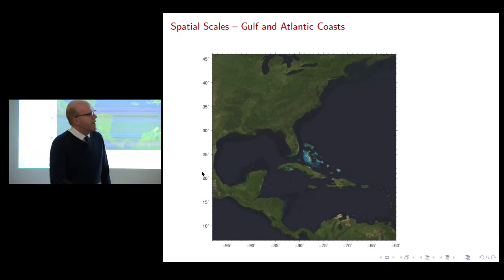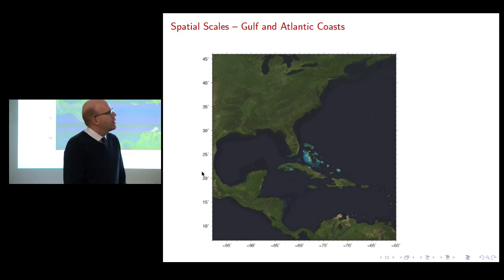So there's a lot of scales that impact this system. We really need to evaluate things out into the Gulf, out into the Caribbean, and out into the Atlantic, because that's where the storms are formed initially, and then they track in and impact our shorelines. So we're talking about